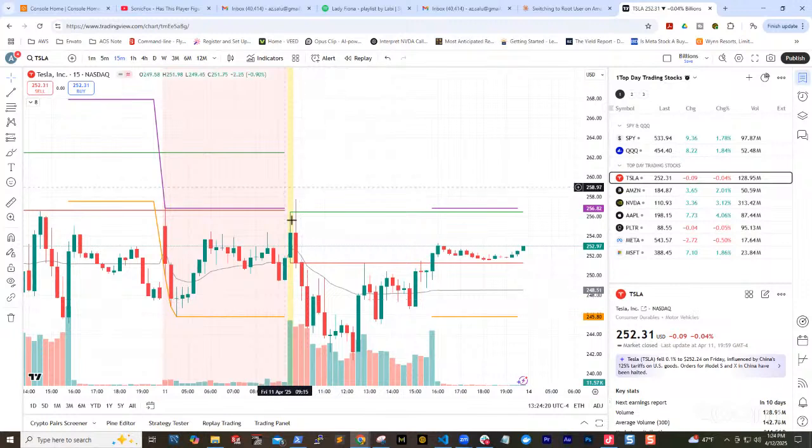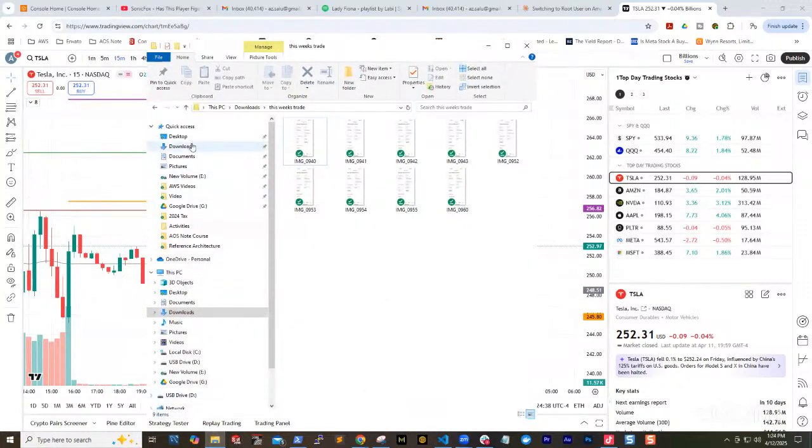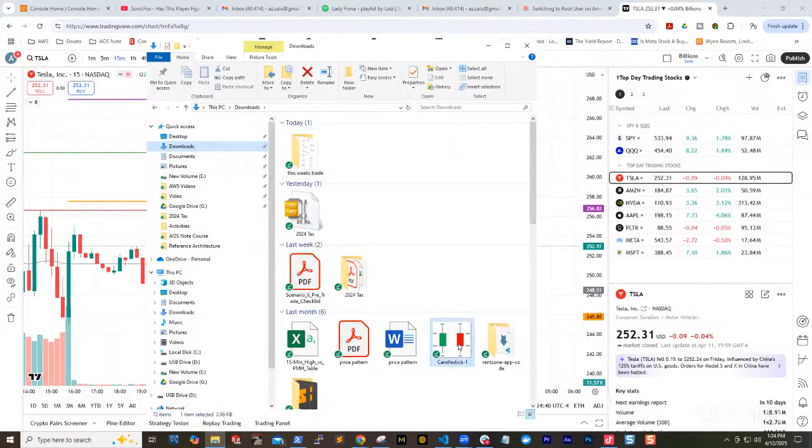You understand? So that's how it works, and you can set it, you see here, to a 1 minute time, 5 minutes, 15 minutes, 1 hour. I like the 15 minutes because I feel like it gives me a clear view. So I do the 15 minutes, right? So this is how I learned what those candles mean. So let me show you guys something.